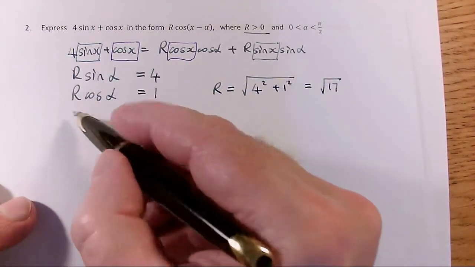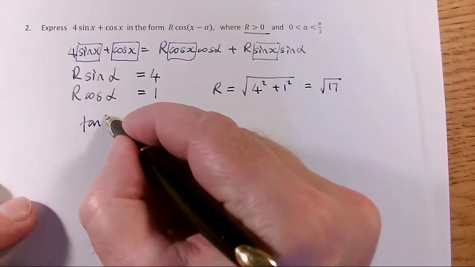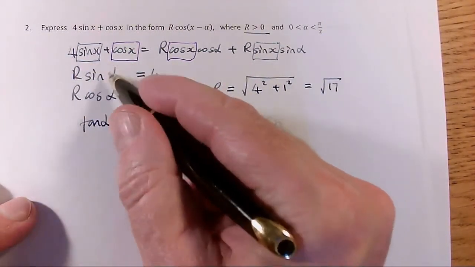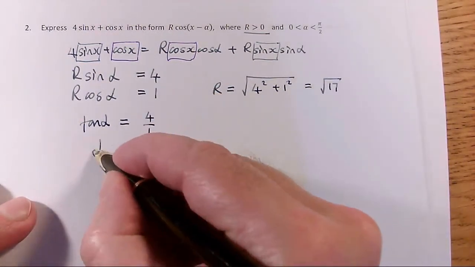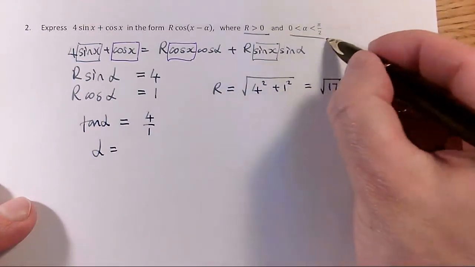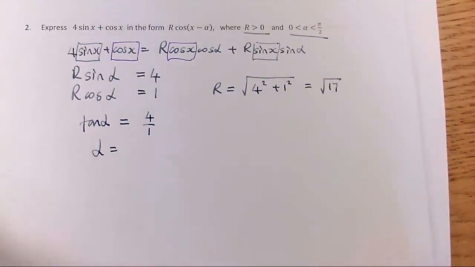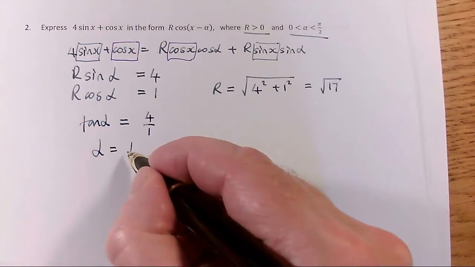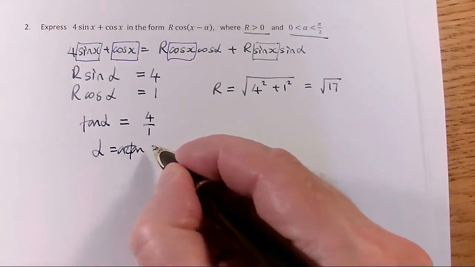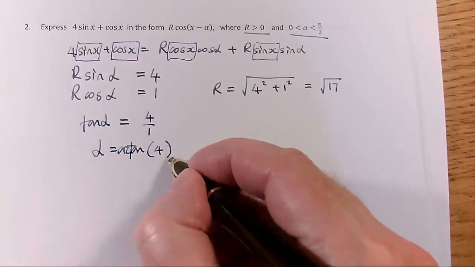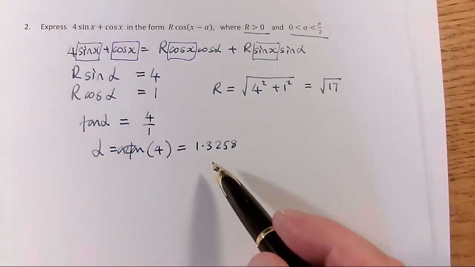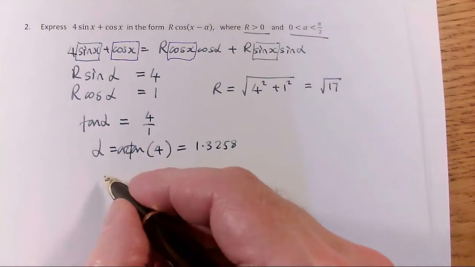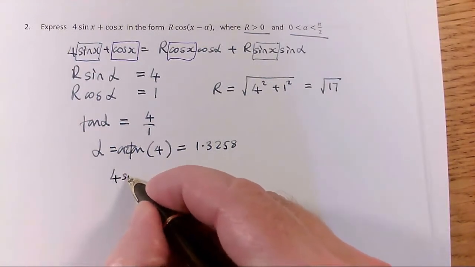And I know that to get alpha, I'm going to get tan alpha first, and I want the sine to be on the top and the cos to be on the bottom, so tan alpha is 4 over 1, and so alpha is given as acute, so I'm not going to have to muck around with a first alpha and a second alpha. I can just do arctan of 4 over 1, or arctan of 4, and my calculator tells me that is 1.3258 radians,